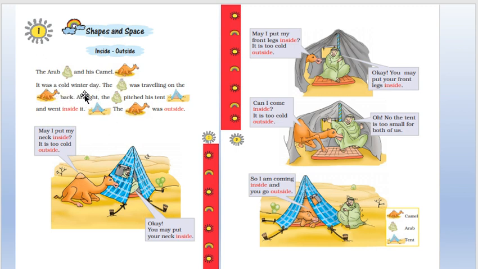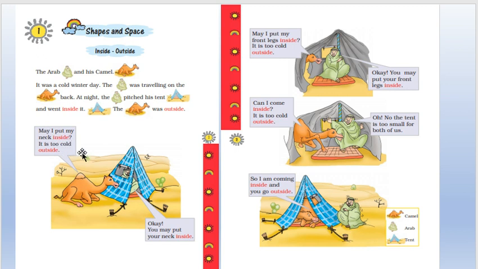It was a cold winter day. The Arab was traveling on the camel's back. At night, the Arab pitched his tent and went inside it. The camel was outside the tent. See, the camel is sitting outside the tent. Now, in the night,